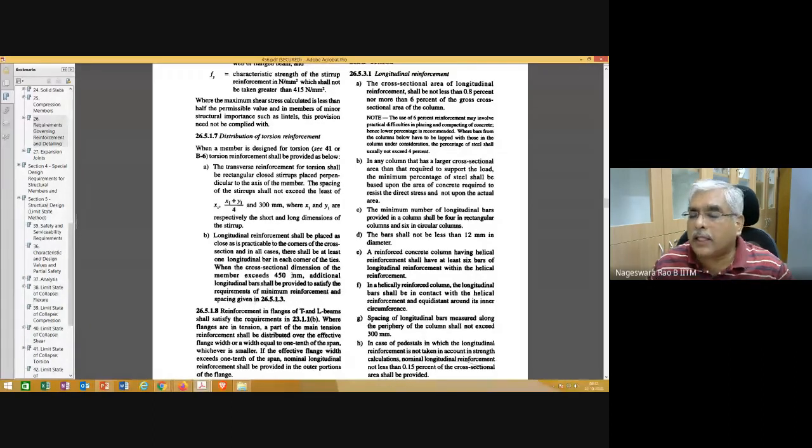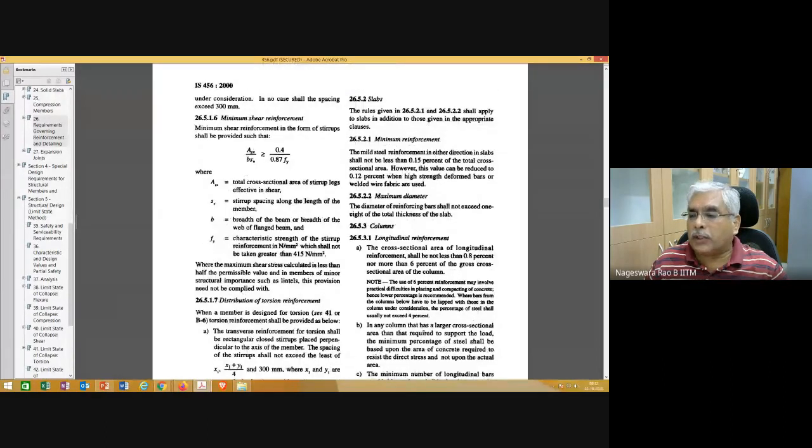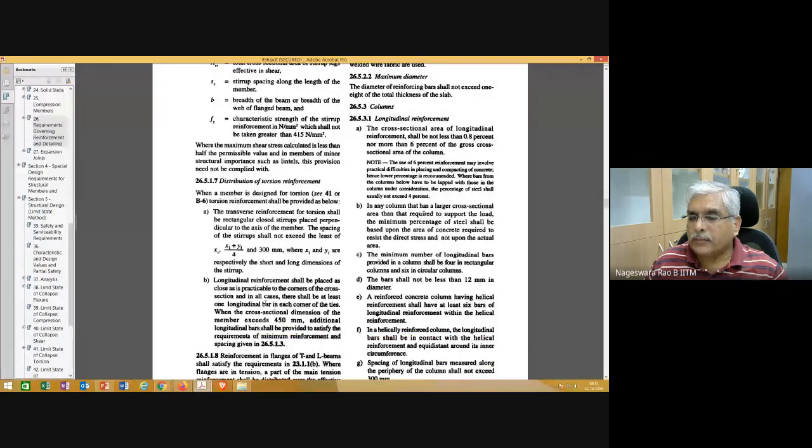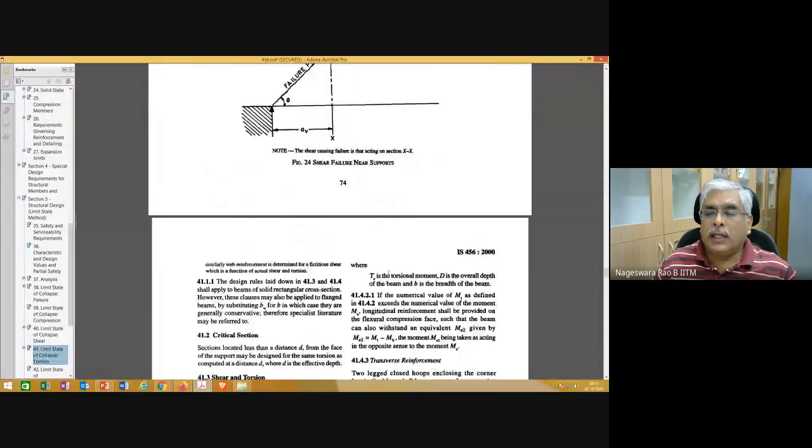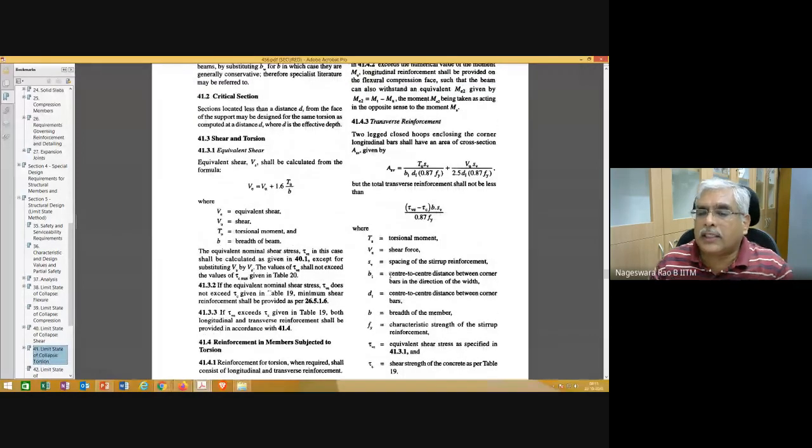Anyway, when the dimension increases, the cross-sectional area of the member also increases. Then when you check this minimum shear reinforcement, obviously you may need to increase the area of steel. So that is what is mentioned here. We need to also keep these points in mind when we are giving the final prescription. Anyway, let's go and see this limit state of collapse under torsion, and let's look at some numerical examples.